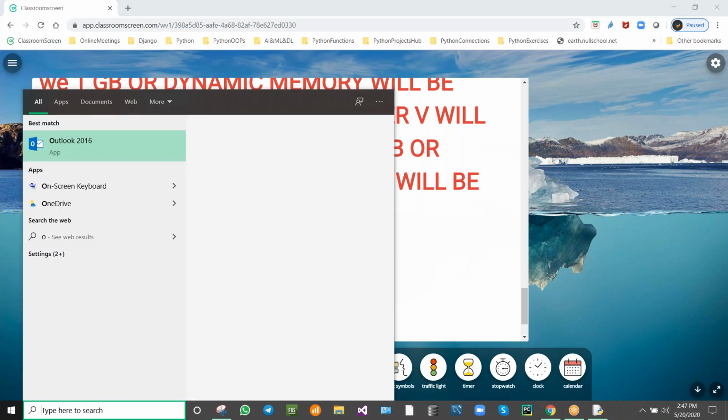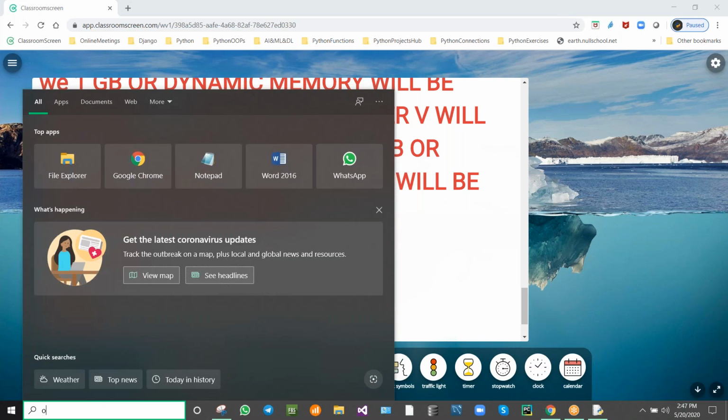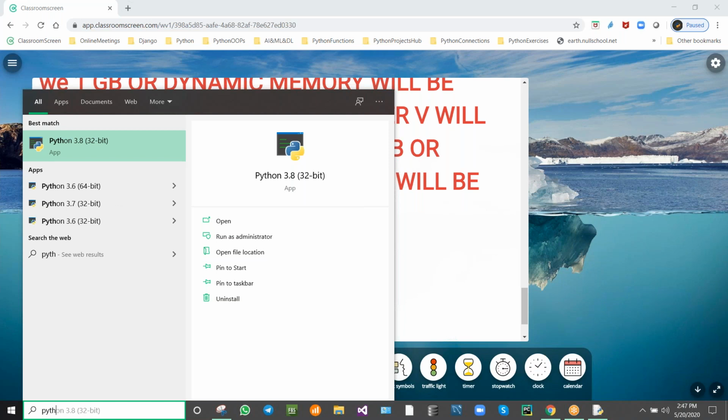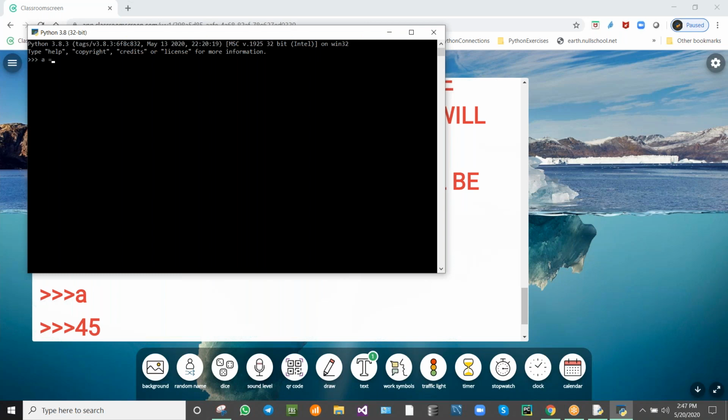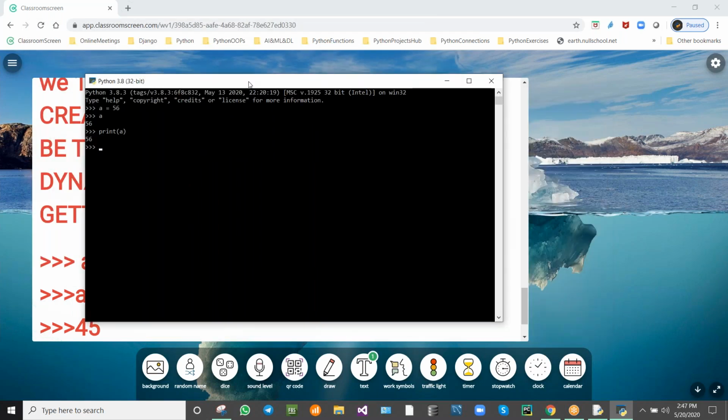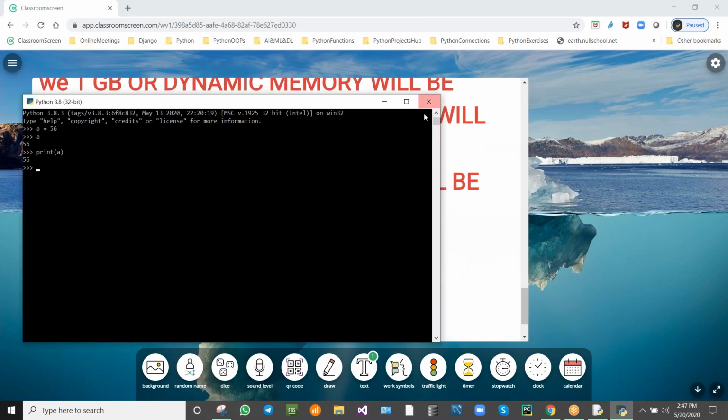If you just type Python, it will open like this. Just a is equal to some value, I am typing a, then print a. We get the values in the command prompt, isn't it? So the same thing will be done.